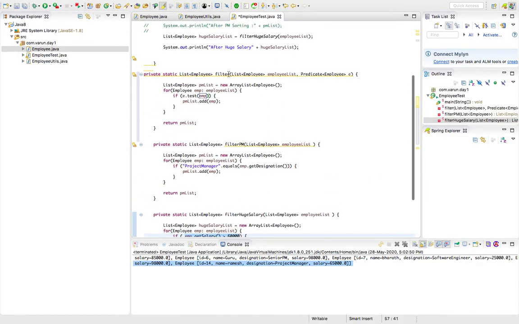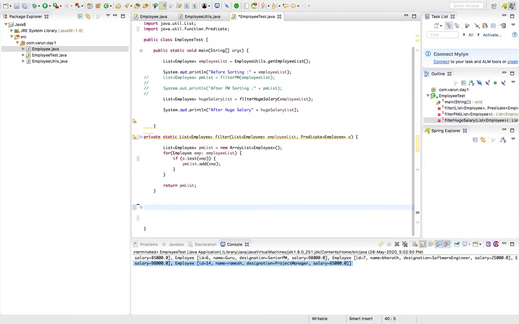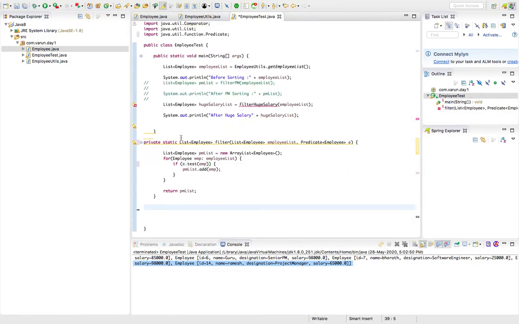So we have written a filter method which is taking an employee list and a predicate, and how we pass to this filter method we are going to discuss now. Just for the time being remove these two methods. We don't need them, right? Now, here filter employee list. So we need to pass a predicate, right? So how we are going to pass it?